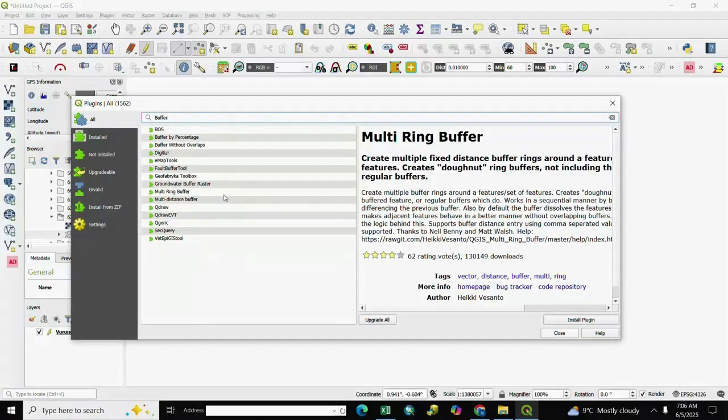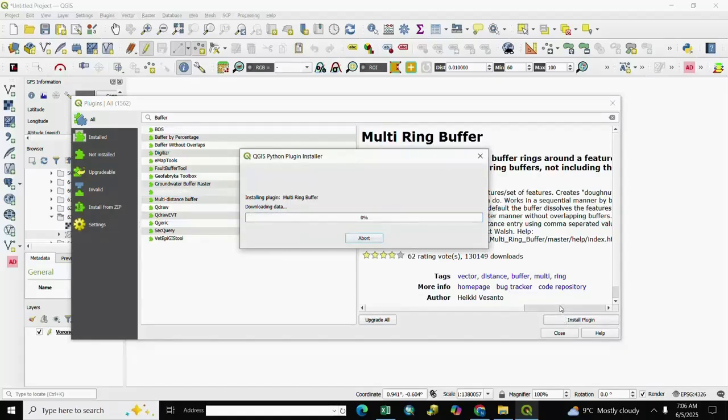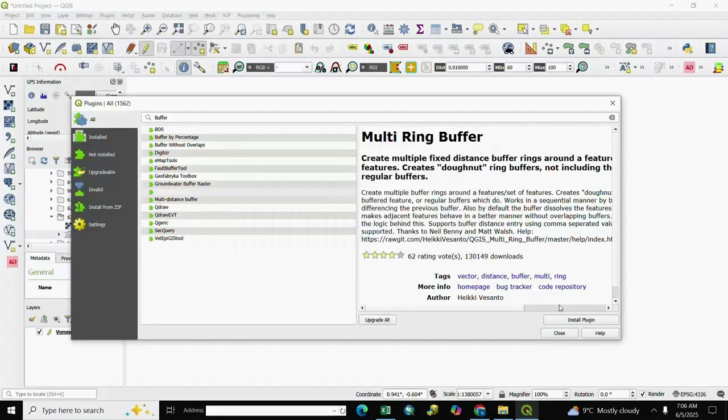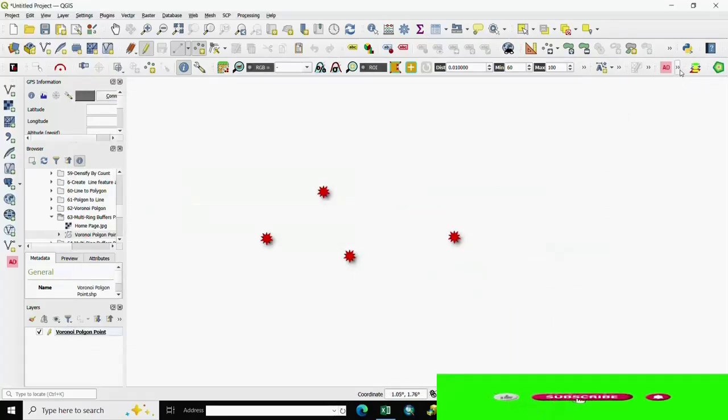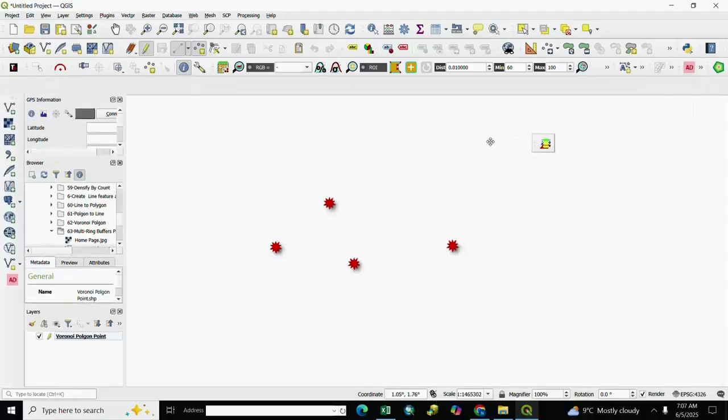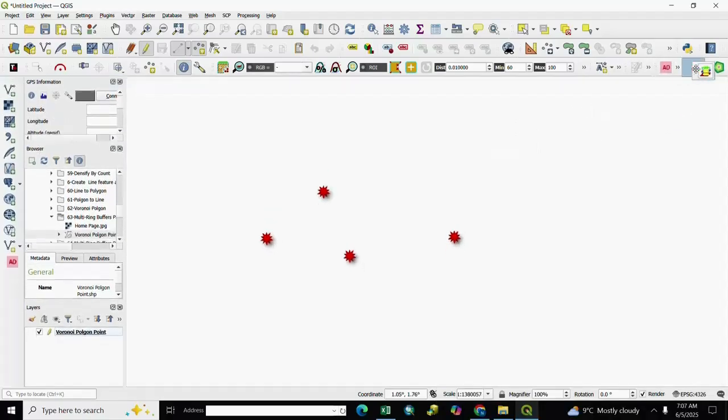After search buffer, we select here multiple ring buffer and install plugin. Close it. You see here our plugin is installed. Here is multiple ring buffer plugin.